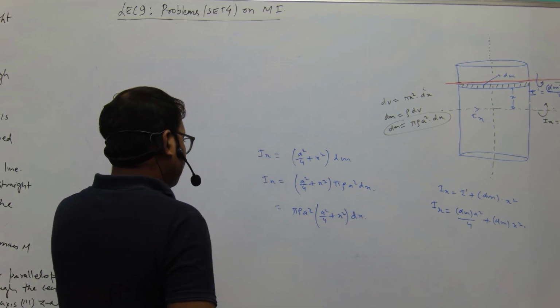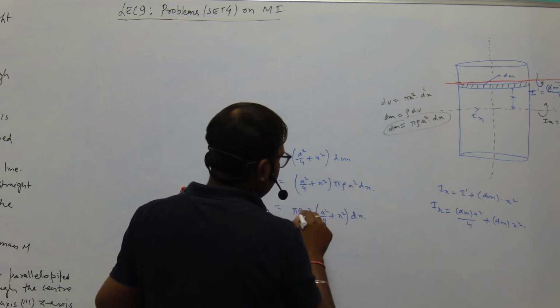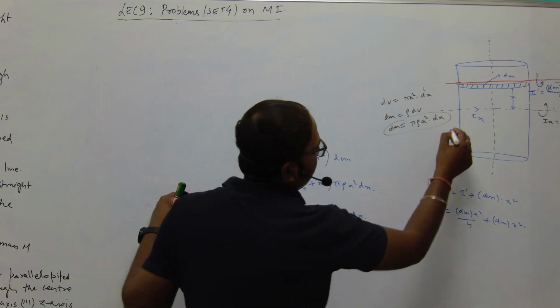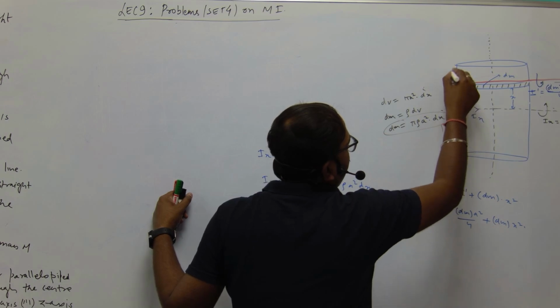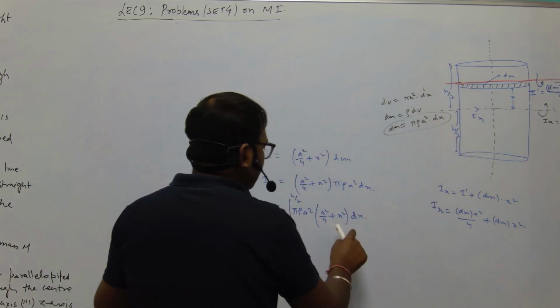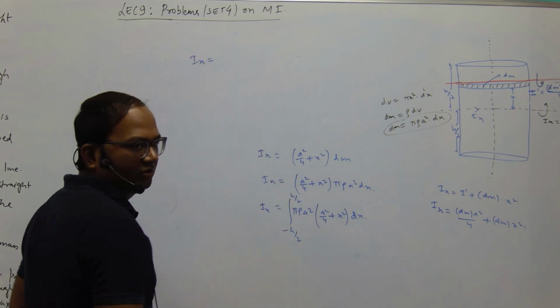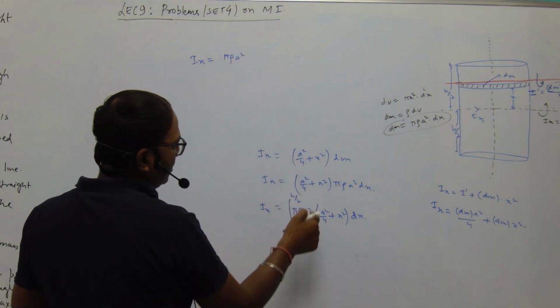Okay, so the limit of x is from minus h by 2 to plus h by 2, because this height is h by 2 below the x-axis and h by 2 above the x-axis. So this varies from minus h by 2 to plus h by 2. So the value of Ix is pi rho a square